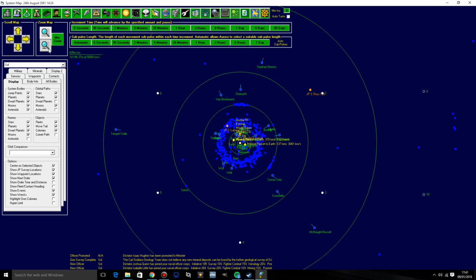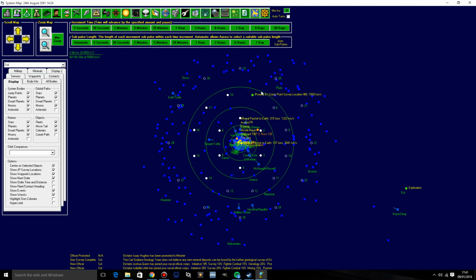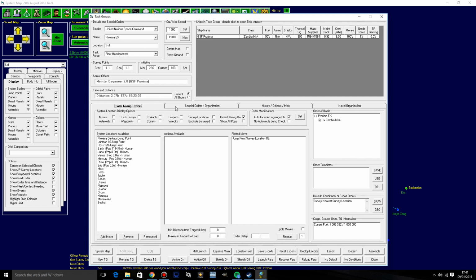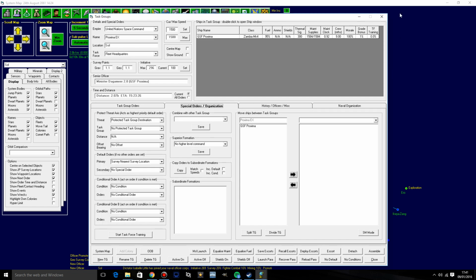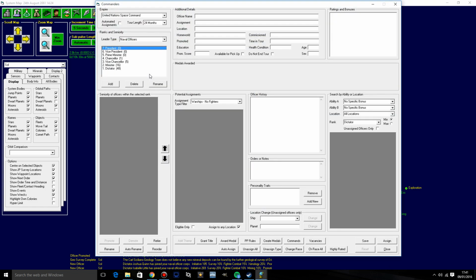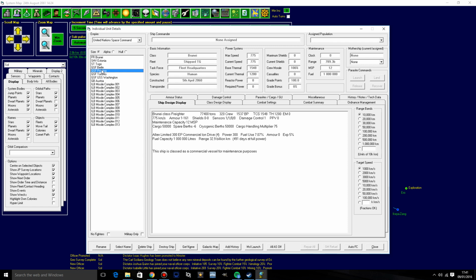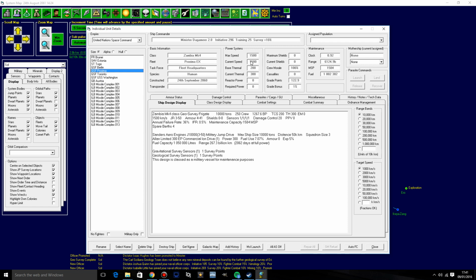In the Sol system, we have the Proxima. Now, the Proxima was one of the Zambia Mark 4.1 classes that was constructed, and it is commanded by... Who is the Proxima commanded by? I forgot. Wait, let's go over here. No ships. Right, the Proxima is commanded by...